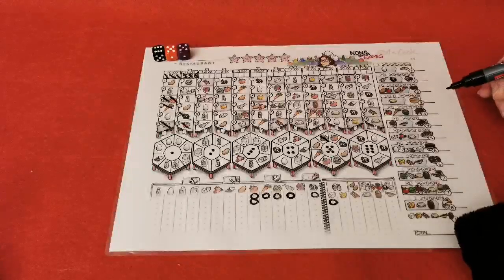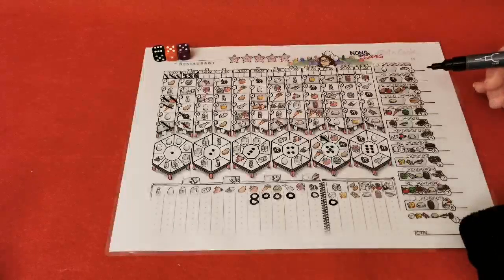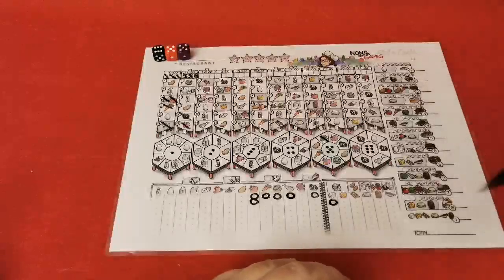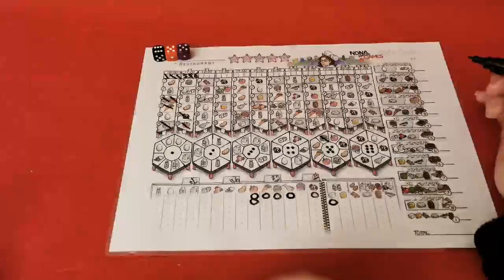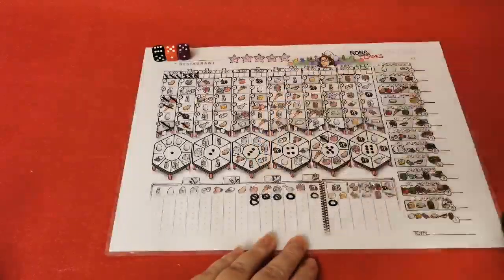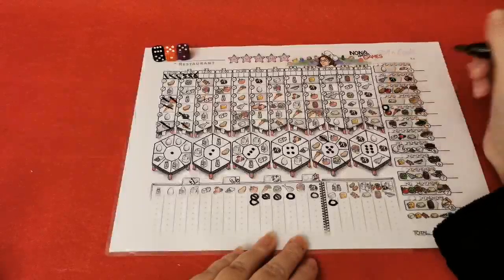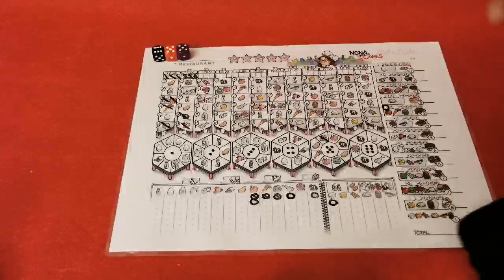So if your restaurant specializes in a couple of items, that will generally earn you more points than if you try to do like 1 of each. Which I think makes sense. Most restaurants tend to have some kind of direction or cuisine that they're focusing on. I'm gonna cross out these 3 vegetables and cook a salad. Well, cook is a bit of an overstatement with a salad, but